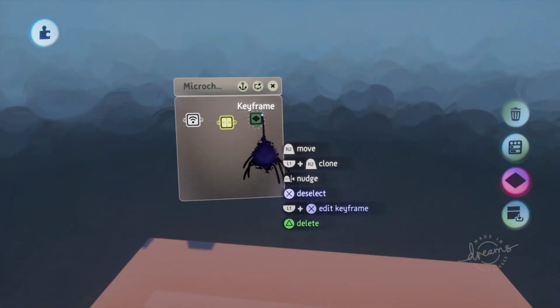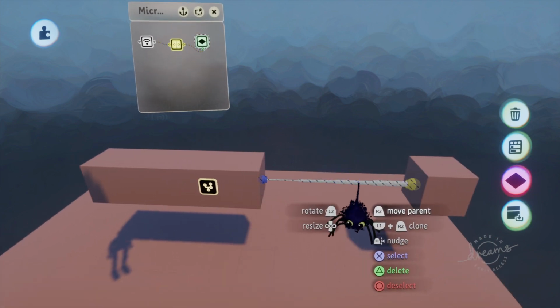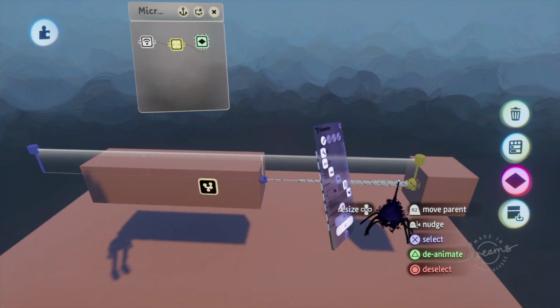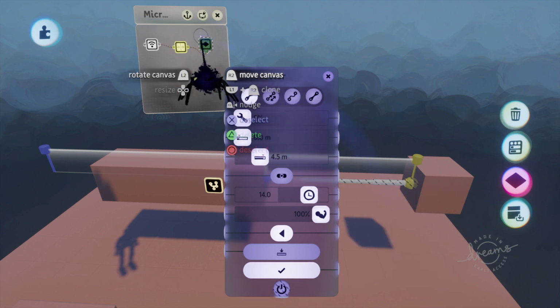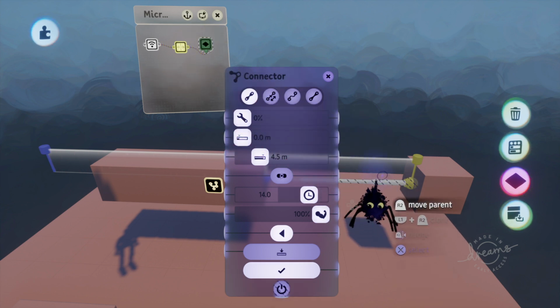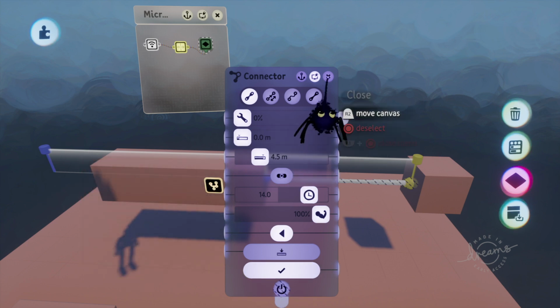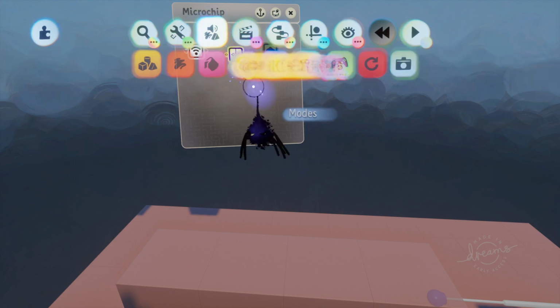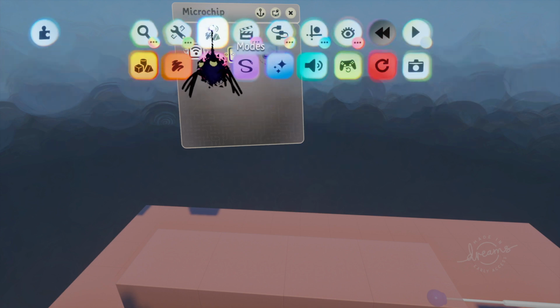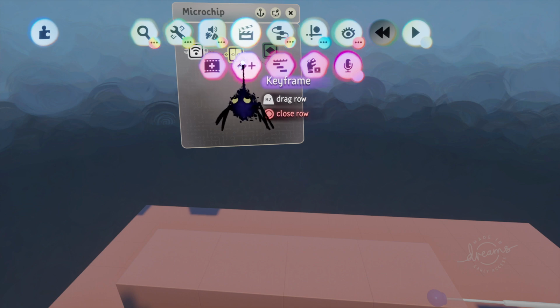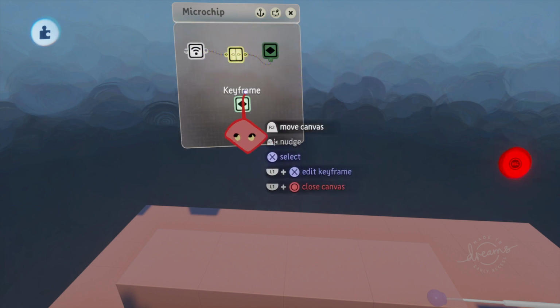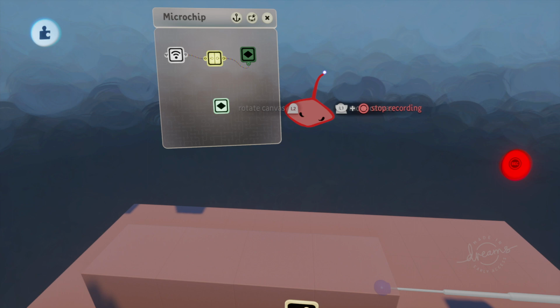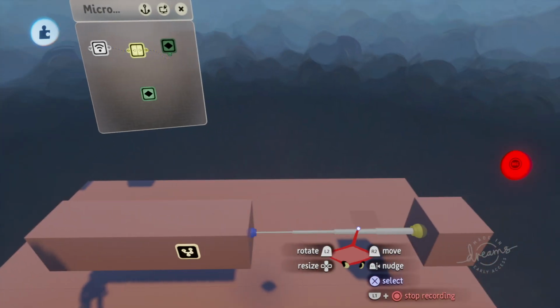And then we're going to need a keyframe. Again, you can see by the dashes, once you click on this, it'll let you know that you've edited this. And what I did was I just turned it off. Again, you get your keyframe. Oh no, modes is not what we want. It's animate and then keyframe, and right when you do this, you'll see the little red triangle-ish blob guy, and it'll let you know you're in record mode. And then all you need to do is